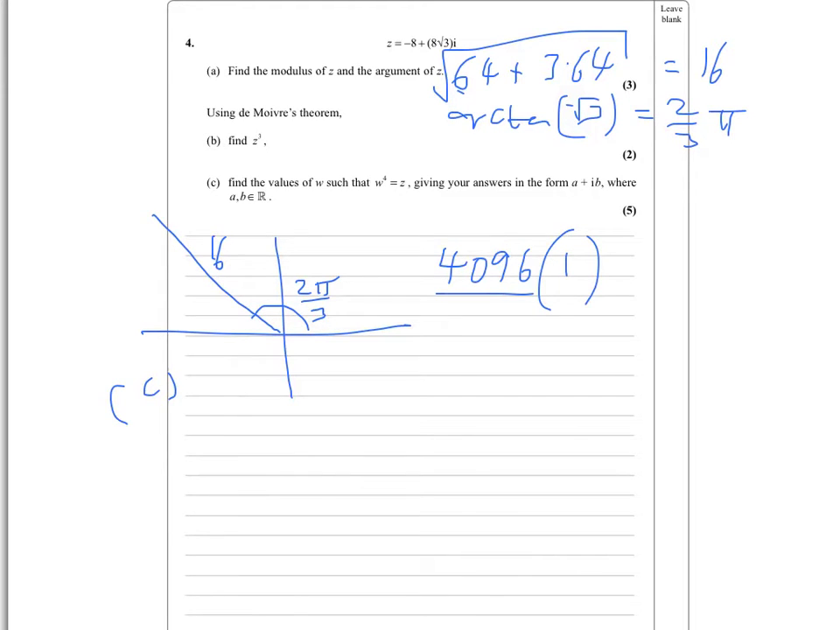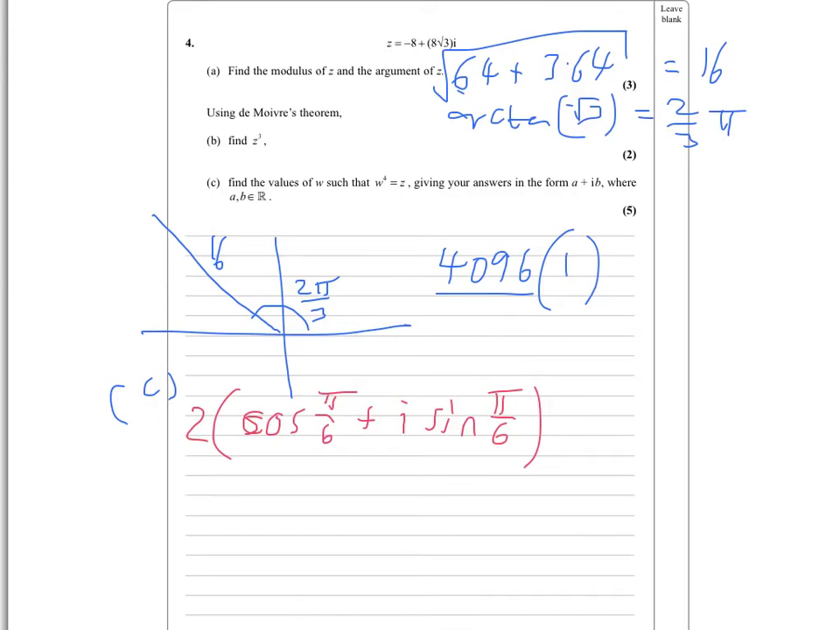Part C, find the values of w such that w to the power 4 equals z. So basically we find the fourth root of this. We're going to get 4 answers. When you take the fourth root of a complex number, you take the fourth root of the modulus, so we're going to get 2 times the argument divided by 4. So we're going to get cosine pi by 6 plus I sine pi by 6 as one of the answers,